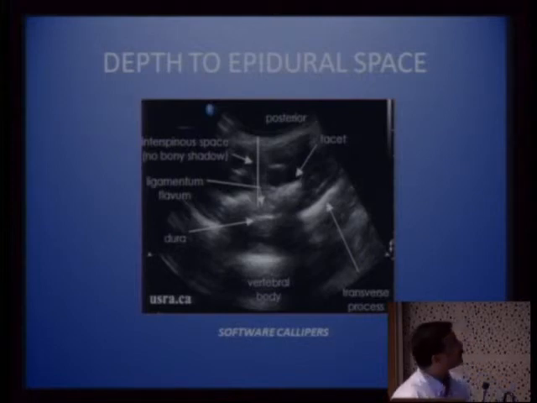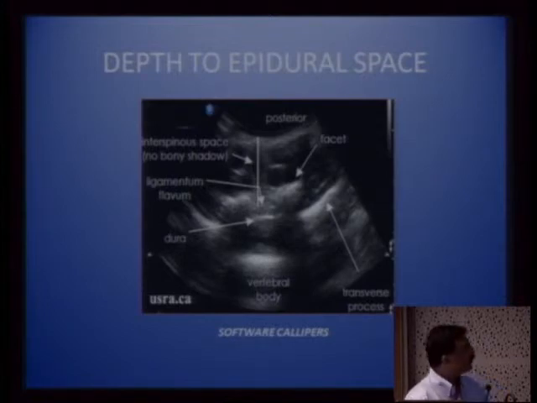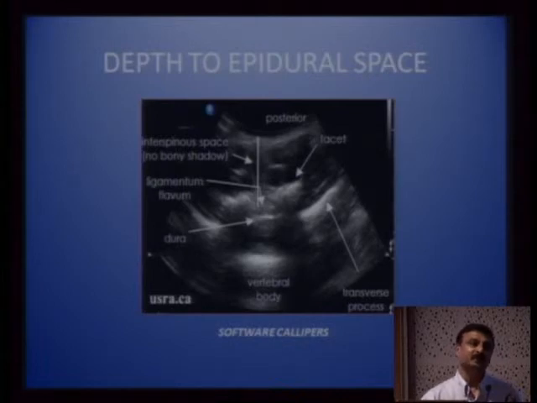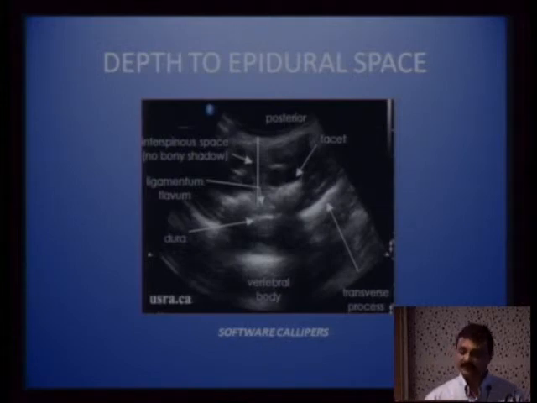And how do you determine depth to the epidural space? You have something we'll be showing you tomorrow in the workshop. There is something called software calipers, with which you can just draw a line from the skin down to the ligamentum flavum, and the distance, which is the depth, will be displayed somewhere there. And it is at that distance you would expect your needle to actually puncture the ligamentum flavum and enter the epidural space. So that is how you can calculate depth to the epidural space. And you can also identify at what angle your needle needs to go in order to reach this particular epidural